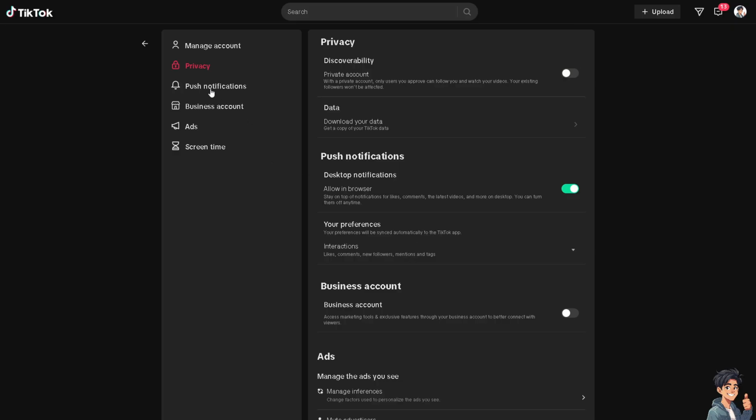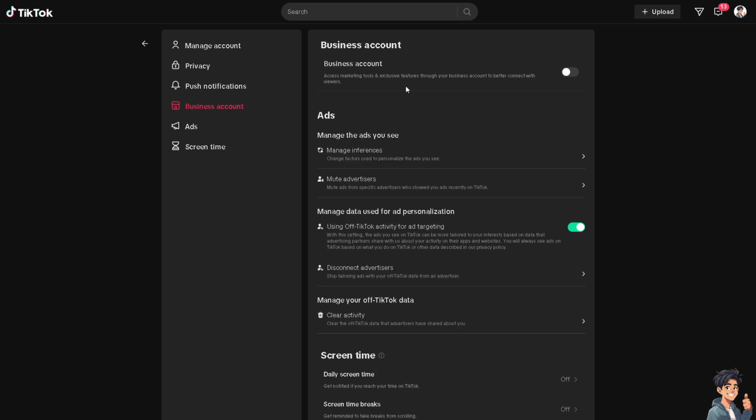Settings updated. Now, the better option that you can do is to click on the business account, because with the business account, you can access marketing tools and exclusive features to better connect with viewers, right? That means, for example, with a large engaged following on a public TikTok or business account, you can have opportunities to monetize your content through brand partnerships, sponsored posts, affiliate marketing, or even the TikTok Creator Fund. And when you're happy with that, just slide the toggle off here,